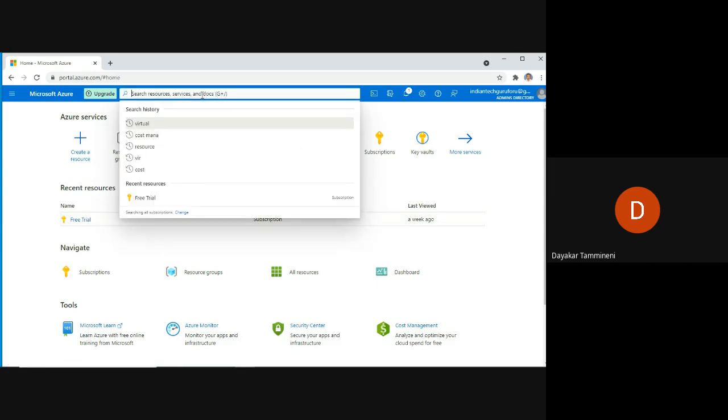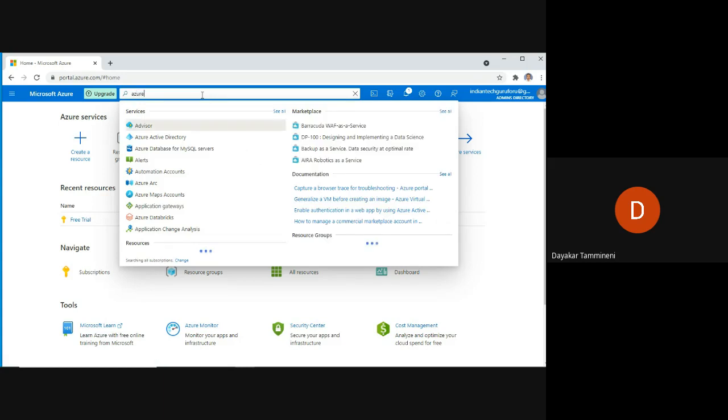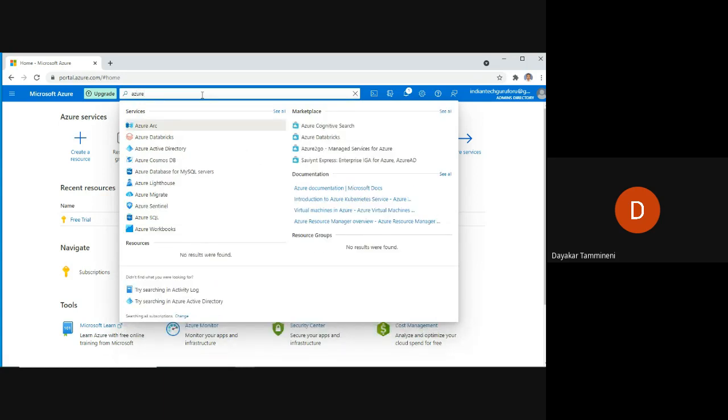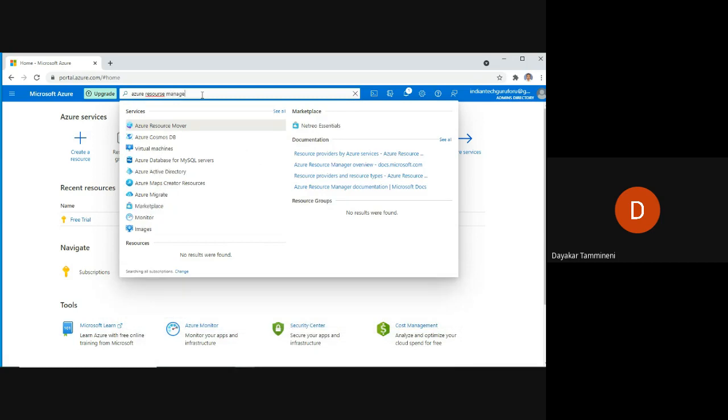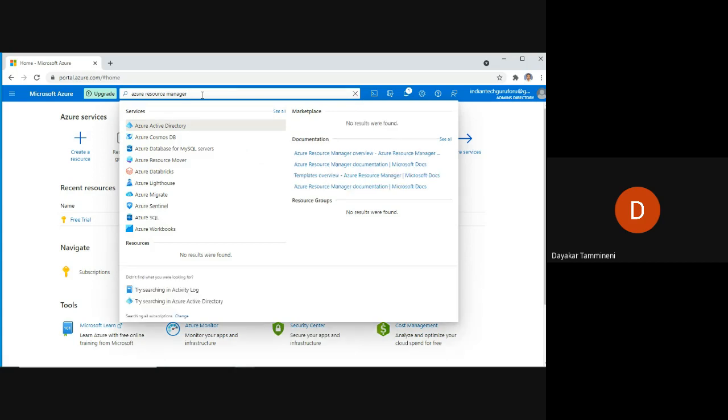Go to the search and type Azure Resource Manager. You will not get any service like that. If you type Azure Resource Manager ARM, you are not going to get any service.